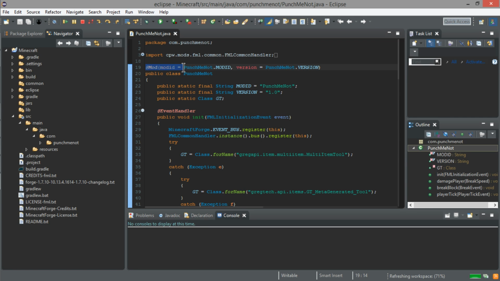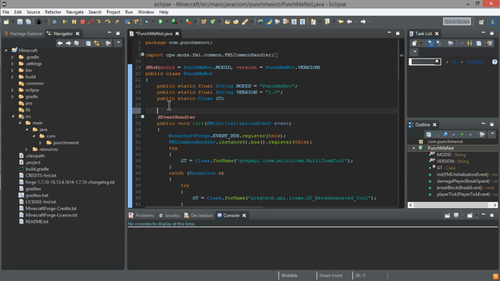Public static class GT. That's the exact line, yeah. Line 24. I forgot the numbers on this side. So we go below that. Okay. And make an empty line so it's not crammed together. And scroll up one. And then we make public